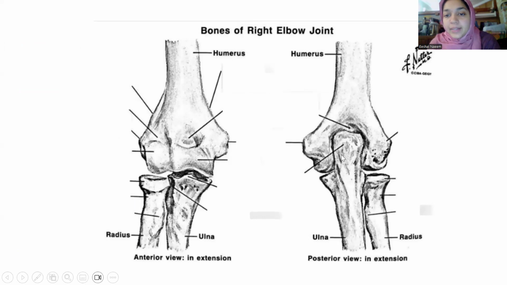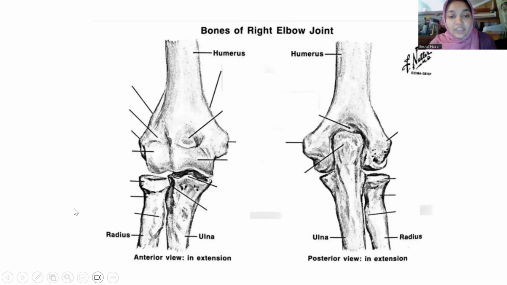Can you see that the olecranon process of the ulna articulates in the olecranon fossa of the humerus? If you remember, there was a trochlea and a trochlear notch made by the ulna, and the trochlear notch was articulating with the trochlea of the humerus to form part of the elbow joint. We know that the head of the ulna is distally present in the wrist, right? So only the head of the ulna is present on the opposite side. All the heads are present proximally except the head of the ulna.